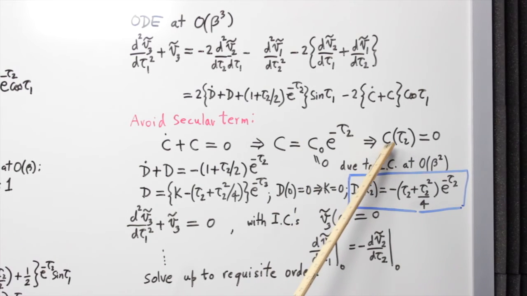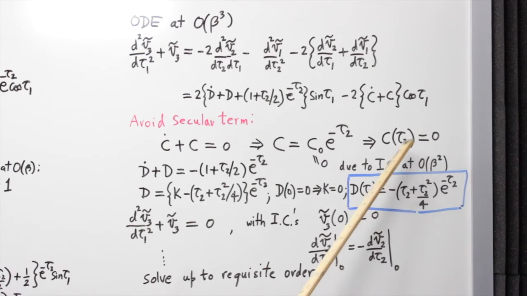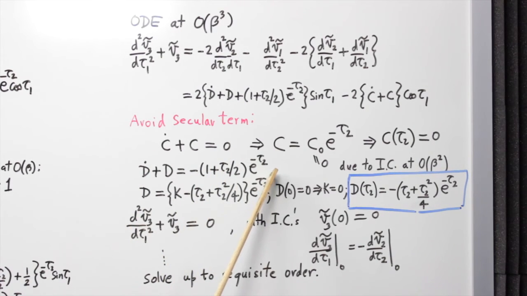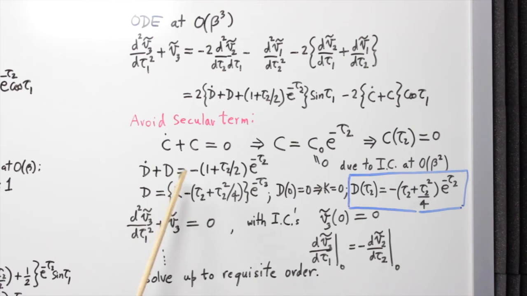So capital C function is equal to 0 identically, and so that vanishes altogether. And so a capital D function, which we do have to keep track of, arises from setting this equal to 0, and so moving this term over to the right hand side gives us this, and we can again identify that we can integrate this by using an integrating factor, the same integrating factor as we had used before, which gives us